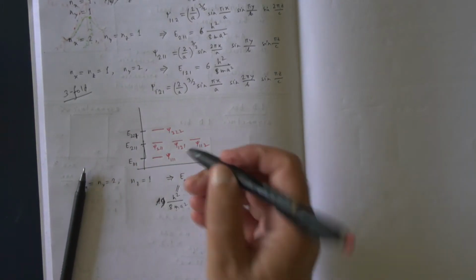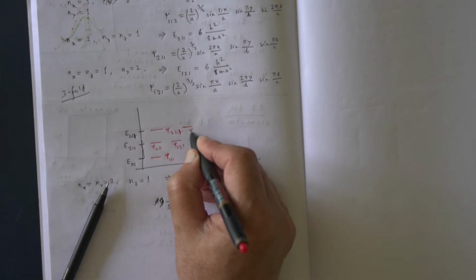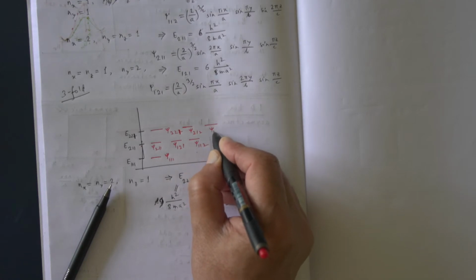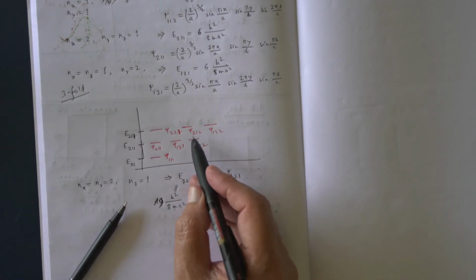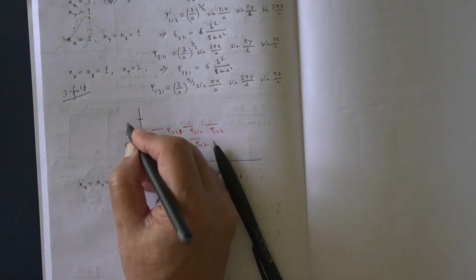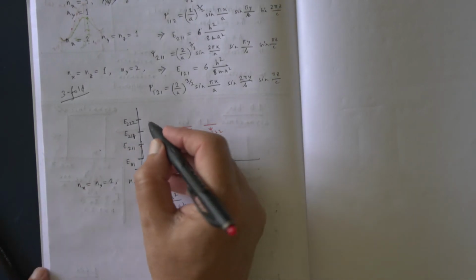So this energy level will be threefold degenerate, with psi 221, psi 212, and psi 122. Again this energy level, say E222, is